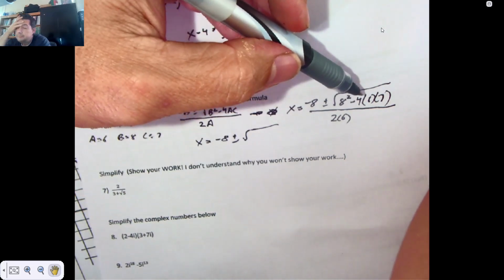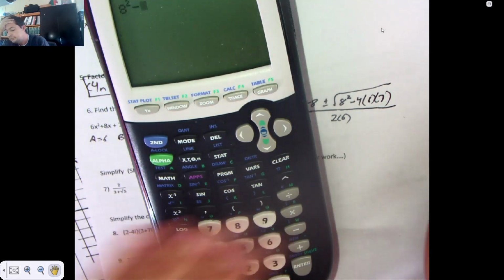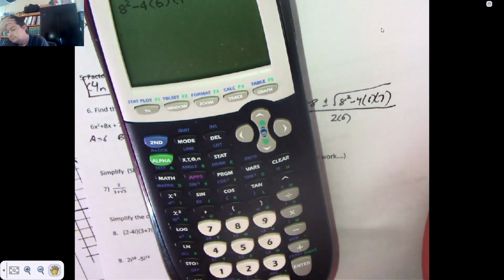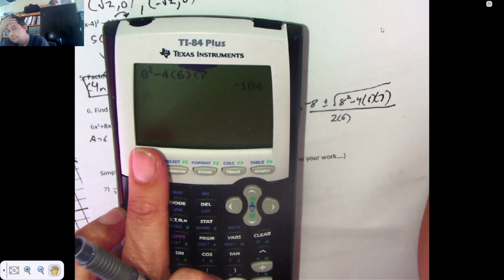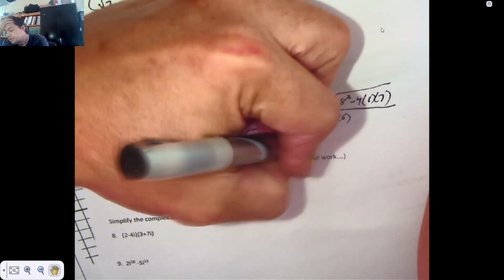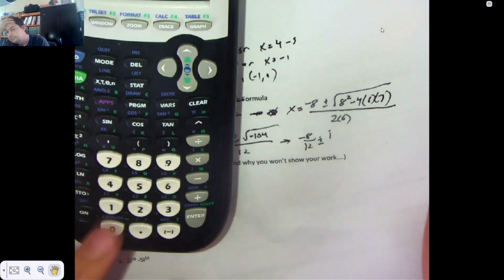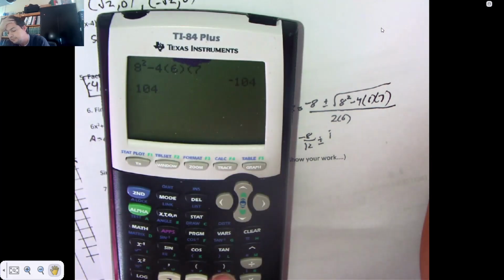What's inside the radical? Whatever 8 squared minus 4 times 6 times 7 is: negative 104. Sitting over 12, because 2 times 6 is 12. I'm going to go ahead and do some breaking apart here. I'll have negative 8 over 12 plus or minus. The root of 104 is imaginary, and 104 is divisible by 4, and the root of 4 is 2, so 2i root 26,